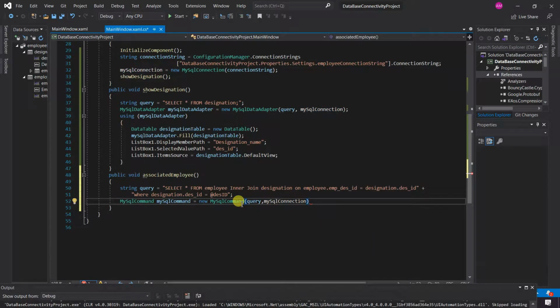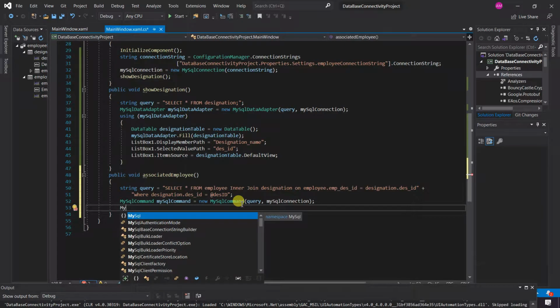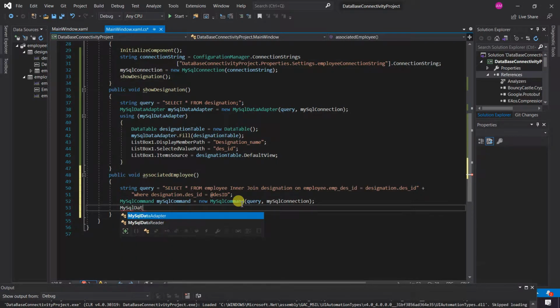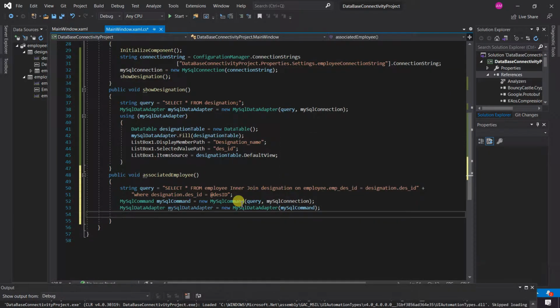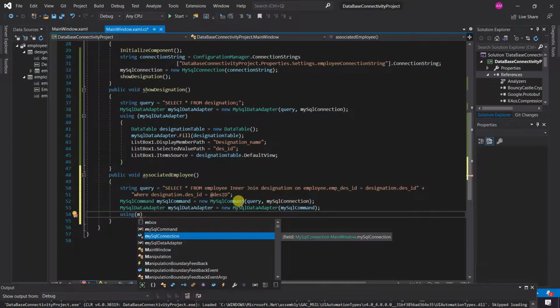Now we will use the MySql data adapter. We will simply give the adapter the MySql command, and now using the MySql data adapter,